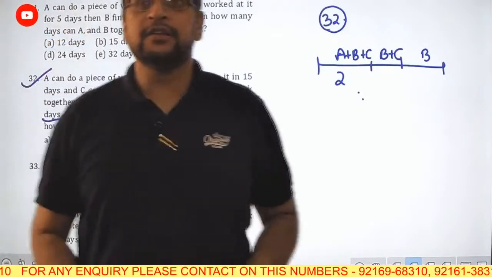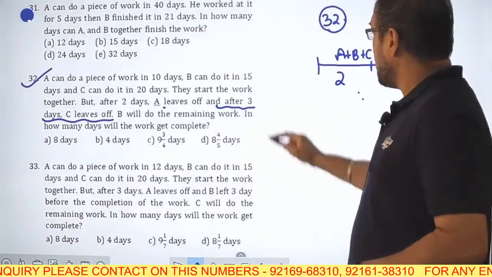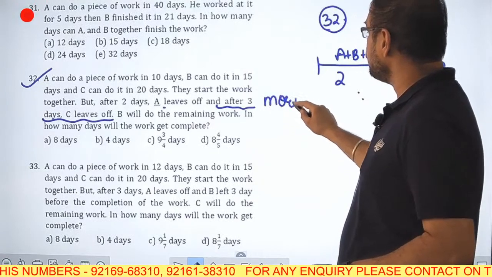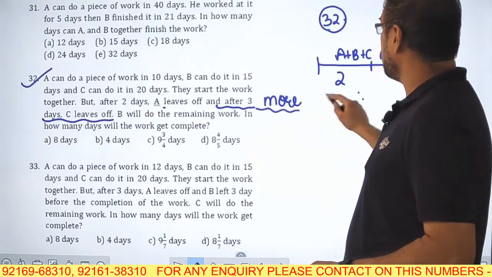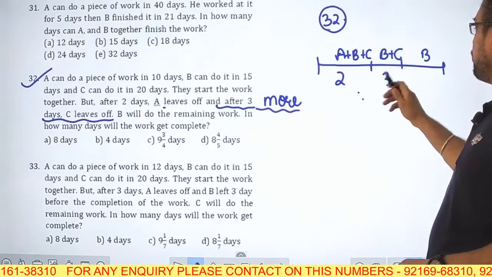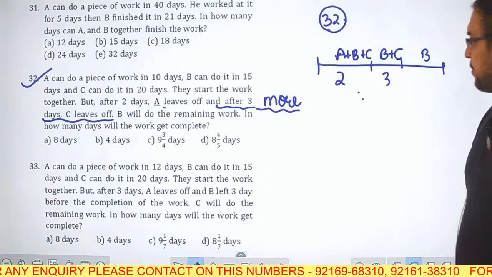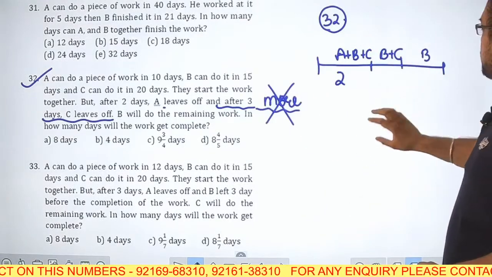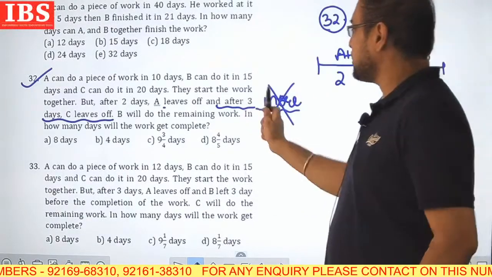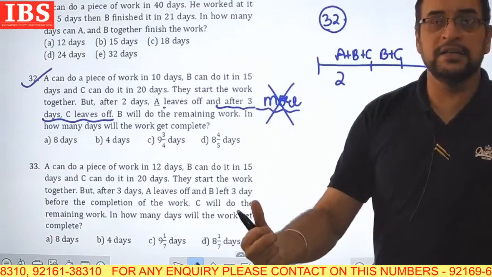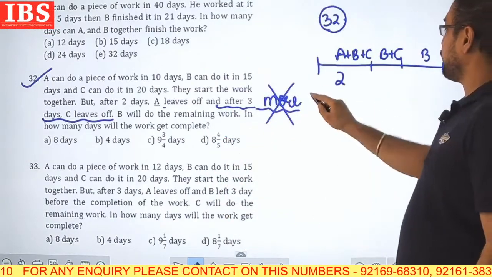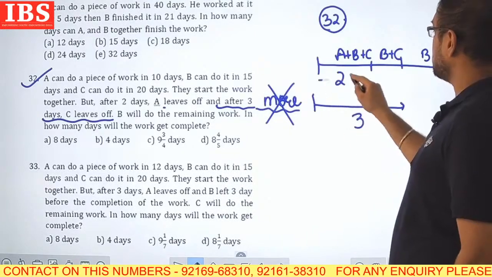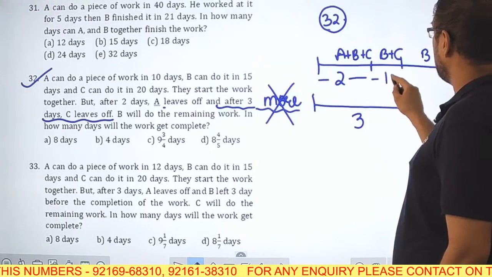After 3 days, बच्चों, if it were here "after 3 more days", we would have taken 3 more days, but there is nothing mentioned like "more", so that means we cannot take 3 as this, and after 3 days means 3 days from the starting. So from the starting 3 days is this. So out of 3 this is 2, so this will be 1.